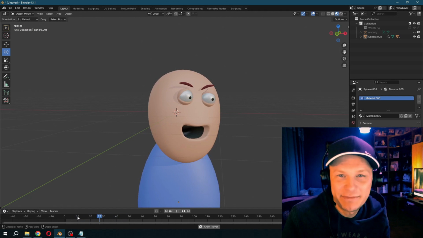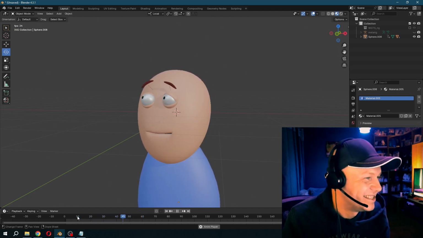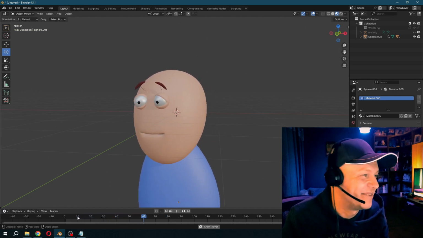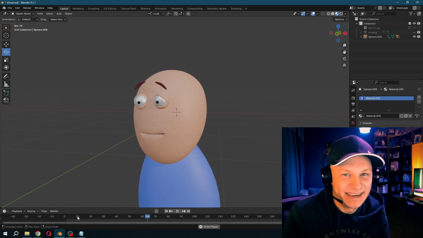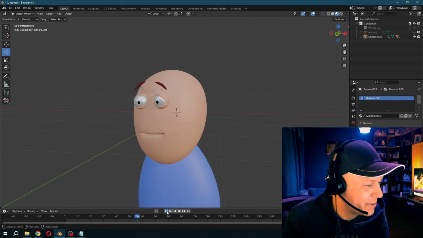So yeah, how long did that take me? A couple of minutes, and we got a lot of emotion out of a couple of balls. So you can see what I mean, that it doesn't have to be really complicated to get basic facial animation. And what I've done here is barely any different to what I've done for the actual main character of my movie. So if we load him up,